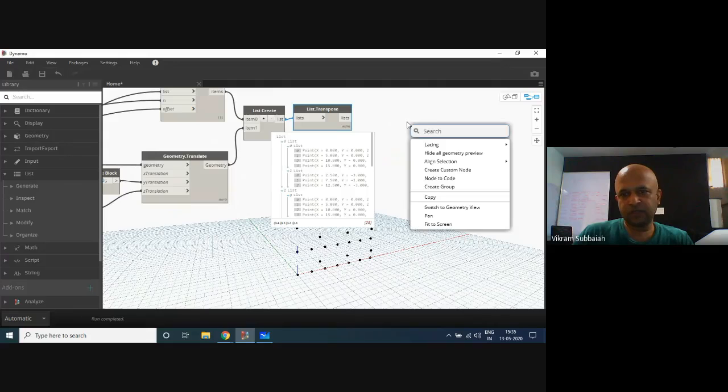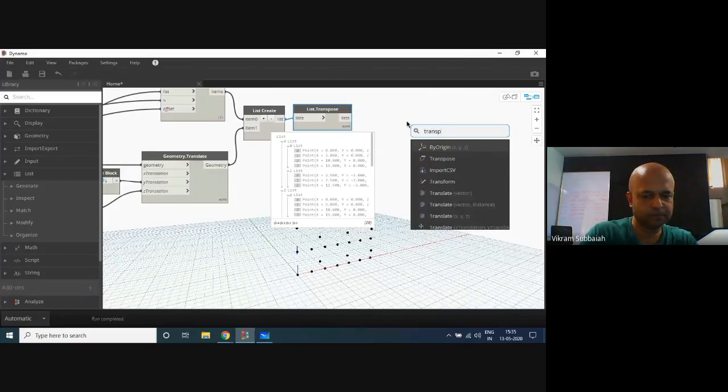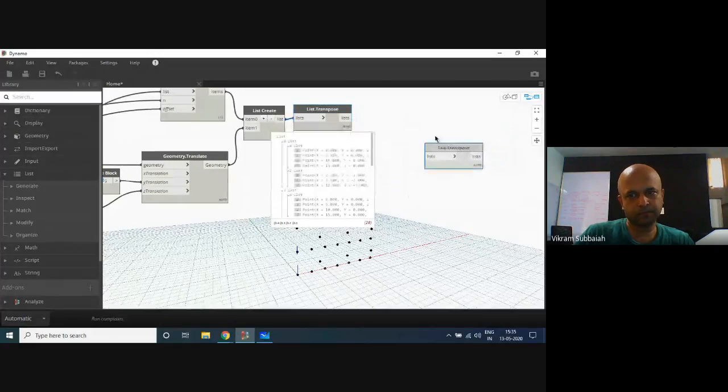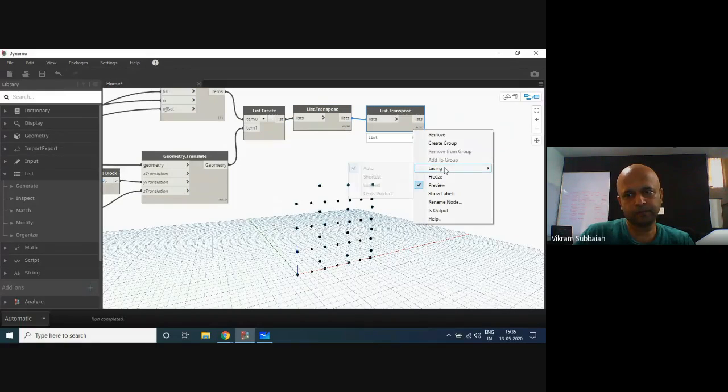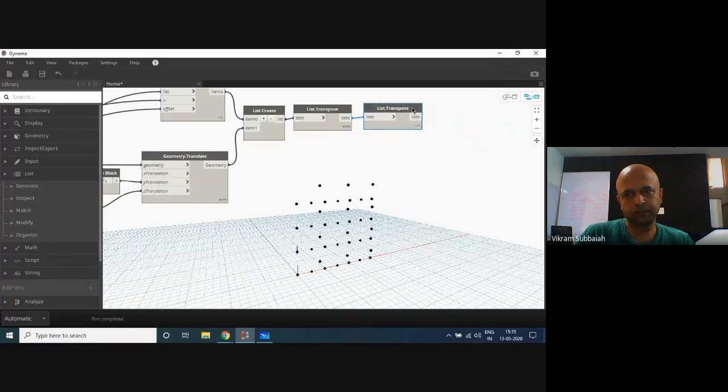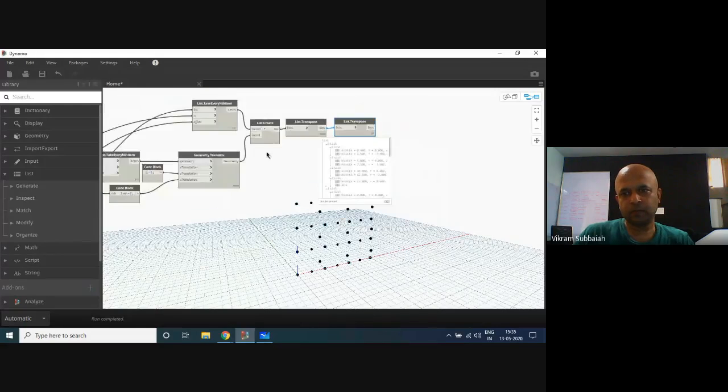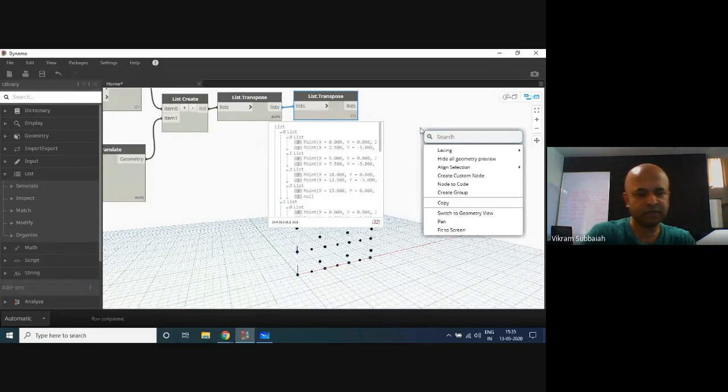Okay, so now we got this again transpose. And then we'll say flatten.